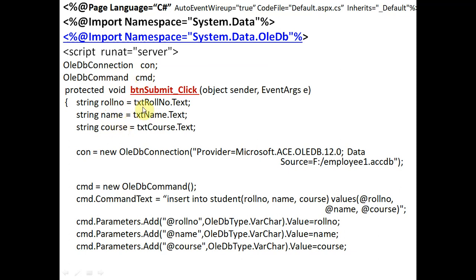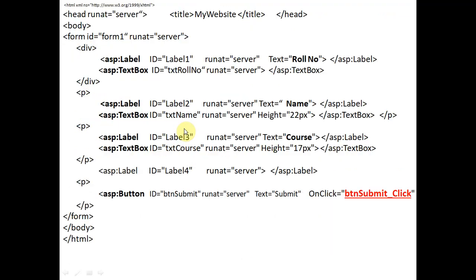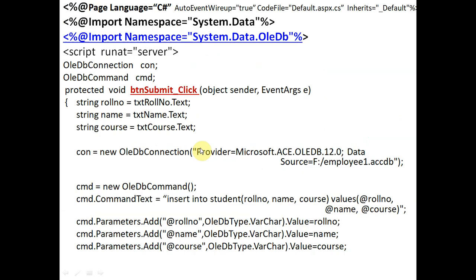From the roll number text box, name text box and course text box, that is txt roll number, txt name, and txt course, we have three text boxes. From these three text boxes we are getting their values and storing them in the roll number, name and course variables.